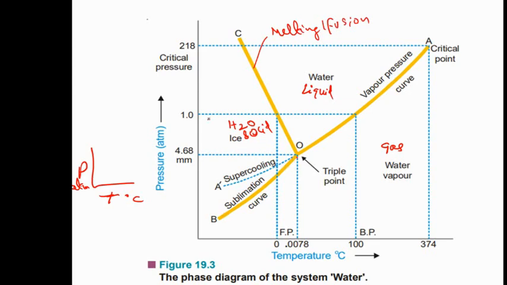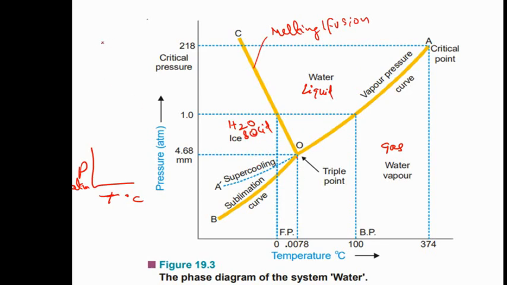So there are areas. From O, B, C is one area. A, O, C is another area. A, O, B is one area. So you have three areas: the gaseous state, that is the vapor phase area, the liquid area, and the solid area. Each is a one phase area. So here in the water system, you have to know about